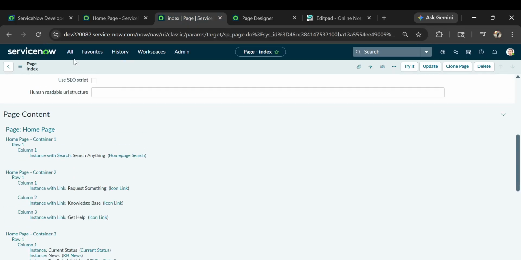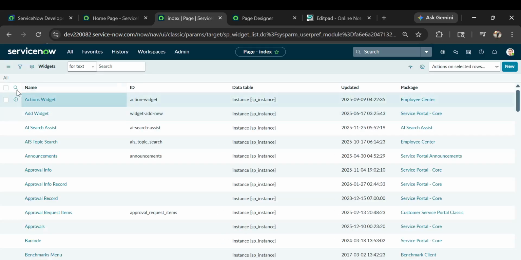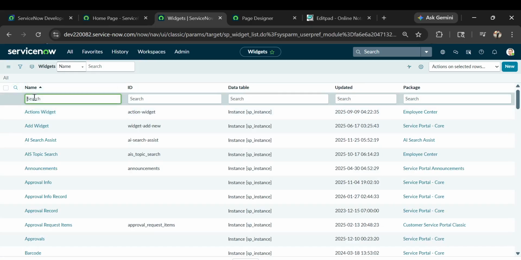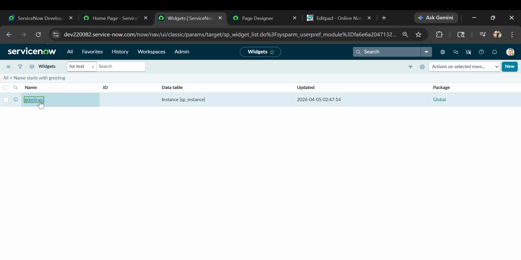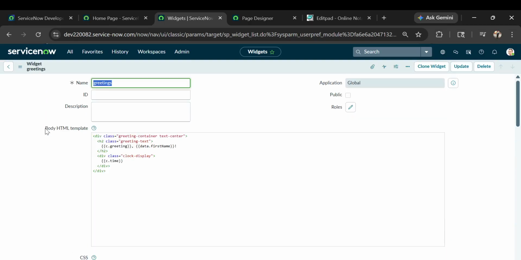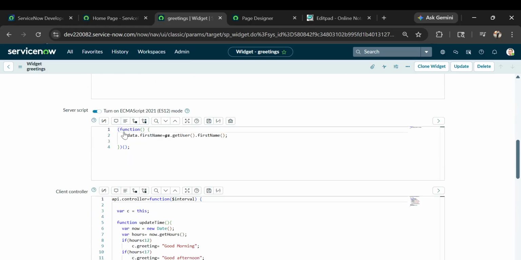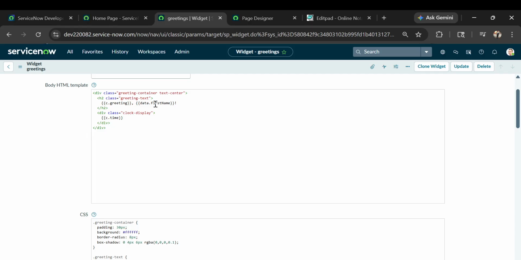So ideally, we should go ahead and see if we did something wrong in the widget. It should show the username as well. What is our widget name? It was greeting. So if I go there, you should see the server side code. Something must be wrong, and that's the reason it is not showing. I am using data.first_name, and then gs.getUser. Are we using the same variable here? Data dot